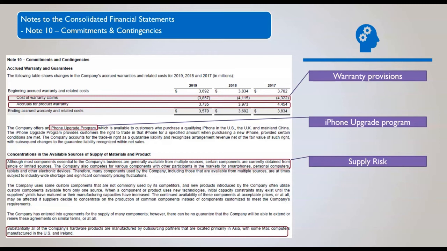The section below goes through the concentrations and the available sources of supply of materials and products. I look at this as supply risk. For instance, this section highlights that almost all of the hardware from Apple are outsourced and manufactured in countries located in Asia, for example, in China. This is because when events happen, such as COVID-19, this actually puts the supply chain under pressure and creates a risk for Apple and the company in terms of being able to have